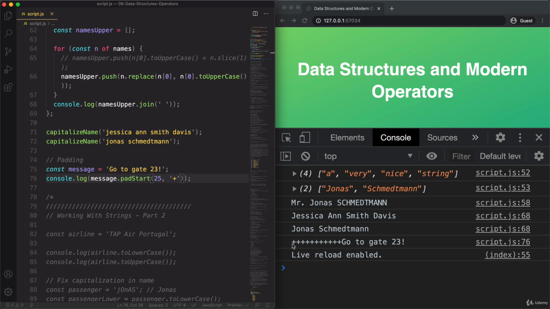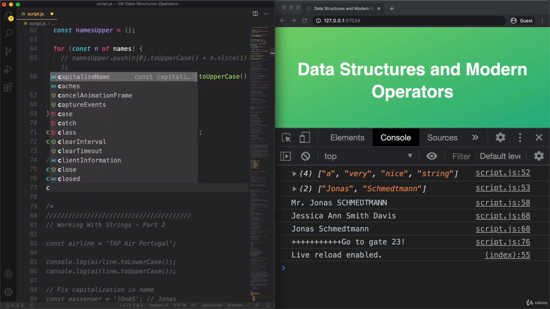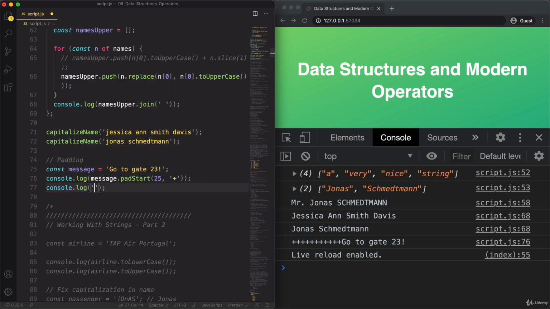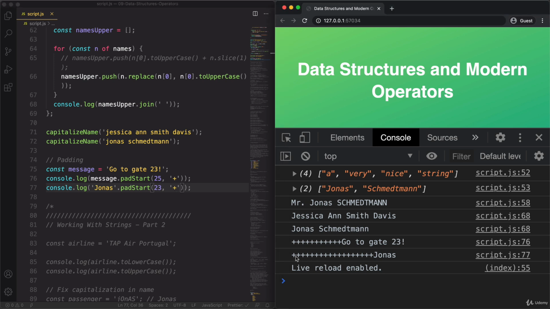Okay. And so you see that it added all of these here. And so now the length of this entire string here should be 25. Okay. So let me show that to you with another string here. So if I said Jonas and then the same, you would see that it would add a lot more of the plus signs because the initial string is shorter. So you see, we have a lot more pluses now, but in the end, the string is also 25,